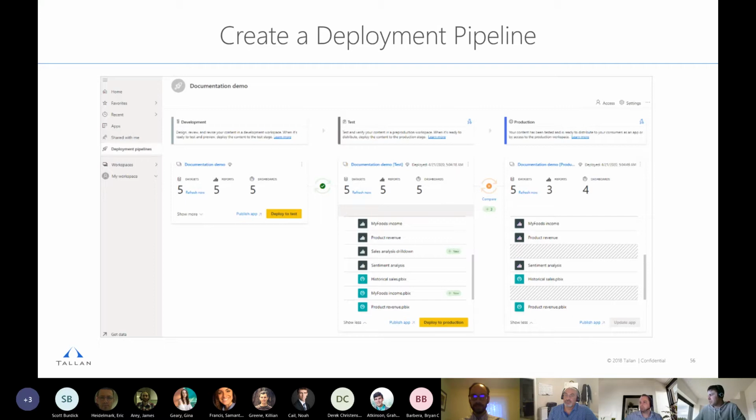So yeah, in this picture, if you've never seen this, if we have time at the end of the meeting, I could actually demo this if anybody's interested. But here you could see my dev and test, they're up to date. I got this green check mark, and my test and prod have differences, and you can actually click on this icon. And here it's a little fuzzy, but it says I added a sales analysis report as well as a data set, and I can just click this button and it will move that content to production, of course, after I tested it. So generally, as a best practice, I think if you have Premium, why not leverage the pipeline moving forward?